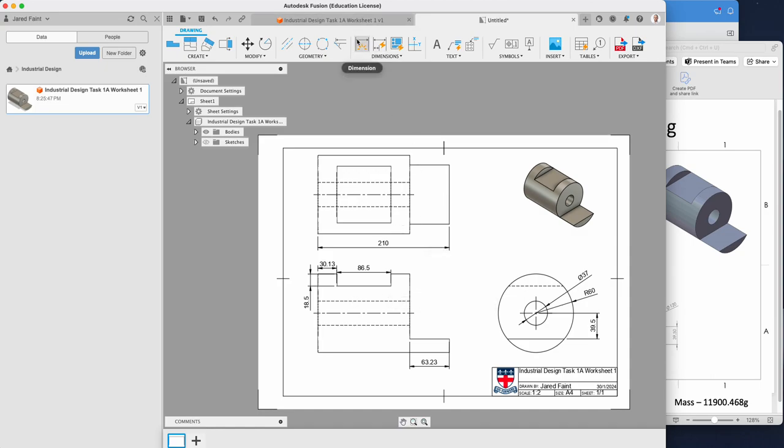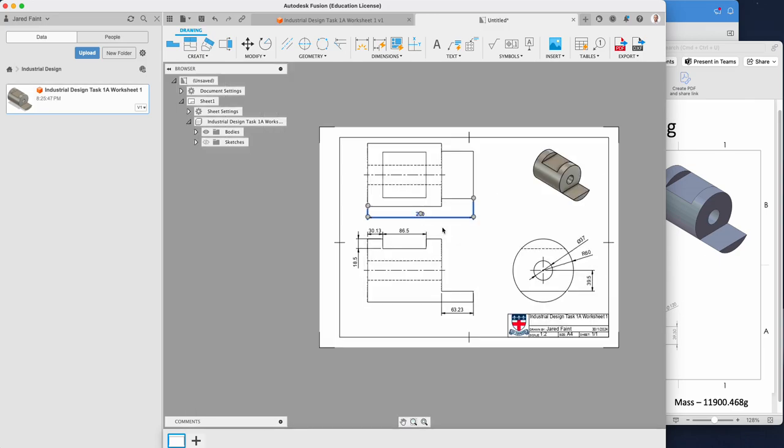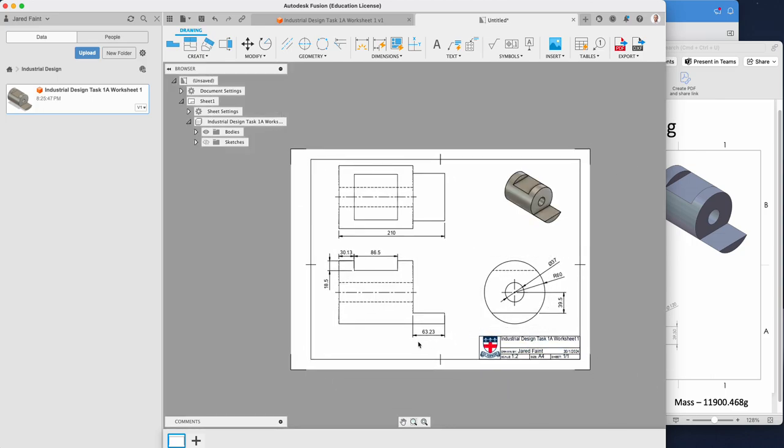Hit escape to jump off dimensions, and then I can go and tidy them up. So if I select him, I can move him so he stays in line, just trying to neaten things up a little bit. So he tidies that up. This guy, let's see, bring him a little bit tighter because I still need to get something underneath that. And this guy, I might bring up the top as well, just so I've got a little bit more space down the bottom, because I need to now add in my details for